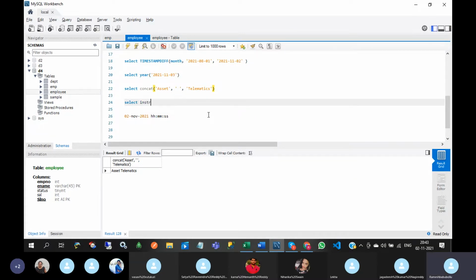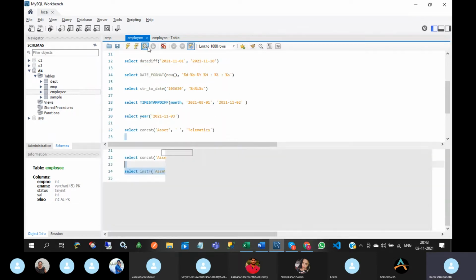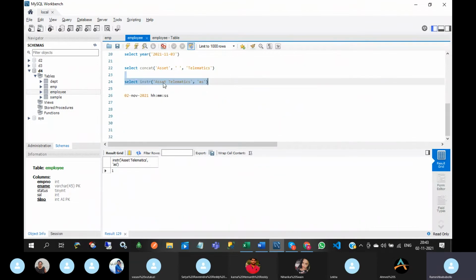INSTR returns the position of the first occurrence of a substring. Asset telematics, AS. See this, AS exists at the first position.